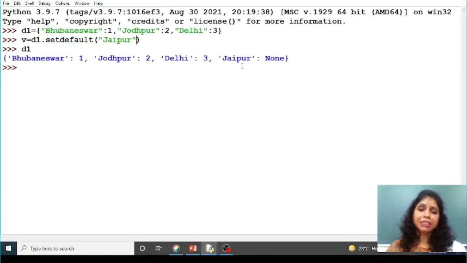So, now you can see if we do not provide any value to a key that is not there in your existing dictionary variable with the setdefault function, then Python will simply add that key with the value None. So, Jaipur has the value None. But again, if you use the same setdefault function with a new key-value pair,